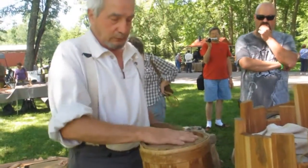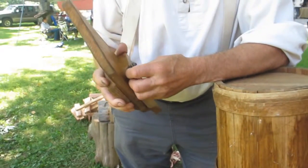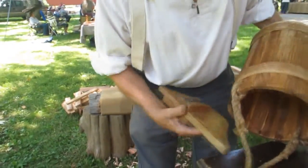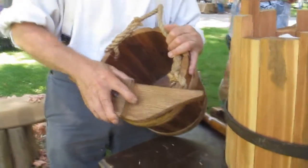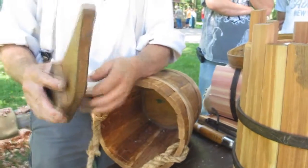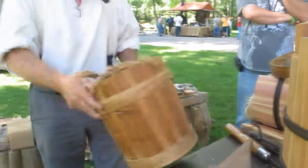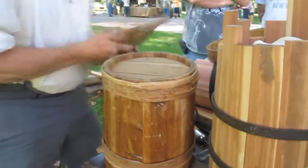Then I insert this tool, no bottom, mind you. It's called a Croze, C-R-O-Z-E. And that's how I make the groove in the bucket to put the bottom in. Without the bottom being in there, I will simply use the top, use the bottom as a guide, where I've trimmed off now. I've already trimmed it. And I'll just scratch this until I get my groove. I'll adjust this out as I need to. Anyway, after I make that groove using the Croze to the depth that I want,